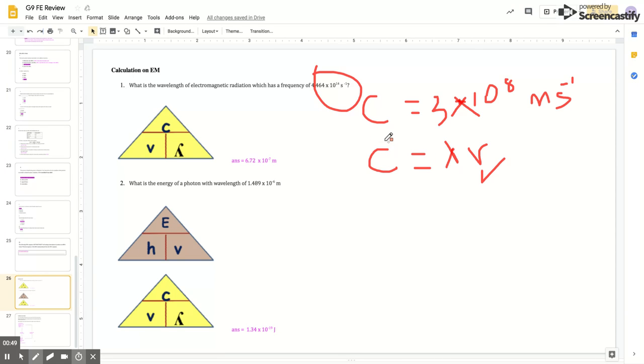And the value for the speed of light is a constant. So this you already know. It's going to be given to you. So you already have this. All you have to do is solve for lambda, or the wavelength. So how would you solve for lambda? That's very straightforward. Lambda, or wavelength, is going to be equal to c, the speed of light, divided by frequency,